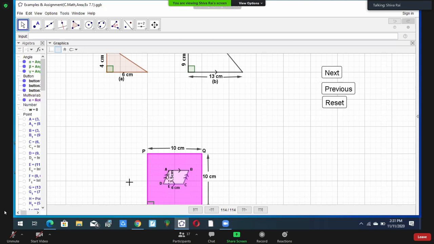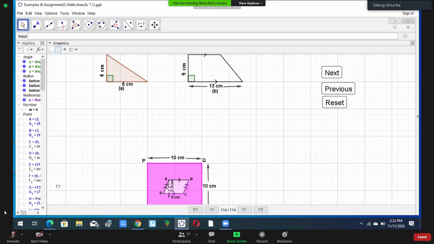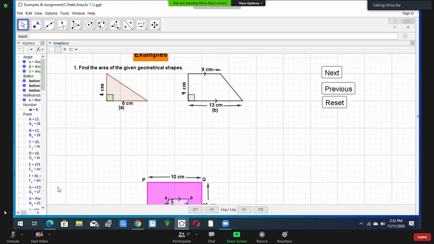Are you listening to me or no? Yes, sir. Done. That perpendicular is not given. It should be perpendicular, otherwise you cannot find. So not everything in the book is correct. So you try to identify the mistakes. If you can identify the mistakes in the book, then really you are learning. It's not correct that everything in the book is 100% right. So find the mistakes in the book also.